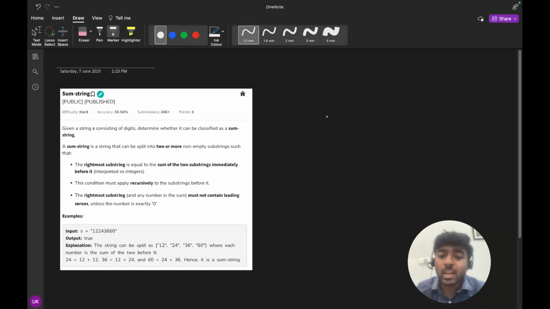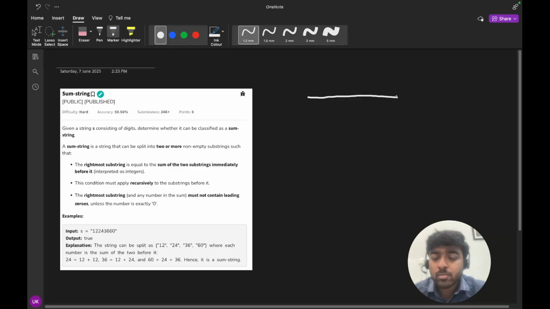So the question is saying that suppose this is a string. You have to take two strings, let's suppose s1 and s2. Immediately after these, there should be a string s3 that should be equal to the sum, s1 plus s2 is equal to s3, correct?